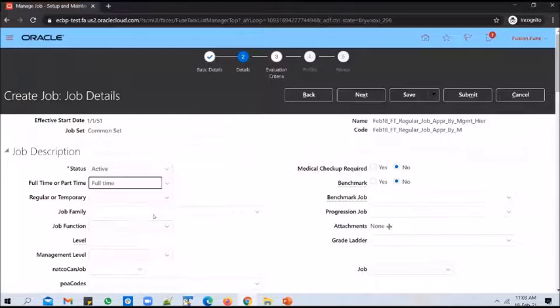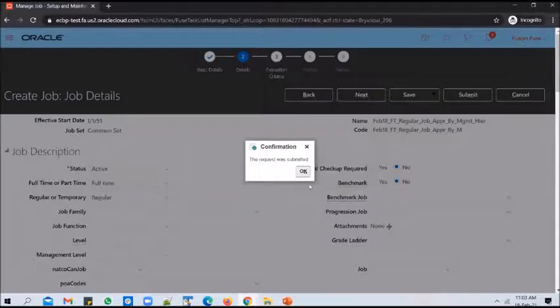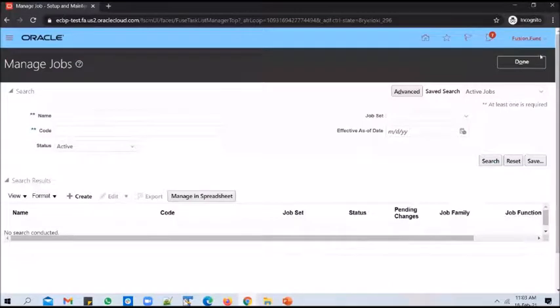And I need to create this as a full-time regular job and submit it. I'm submitting this request as fusion.func user, and the manager for this user is 3185. So since we have used a management hierarchy, it should go to 3185 for approval now.